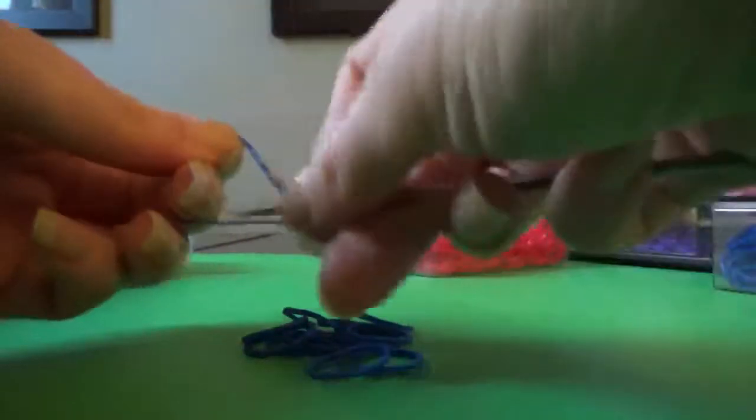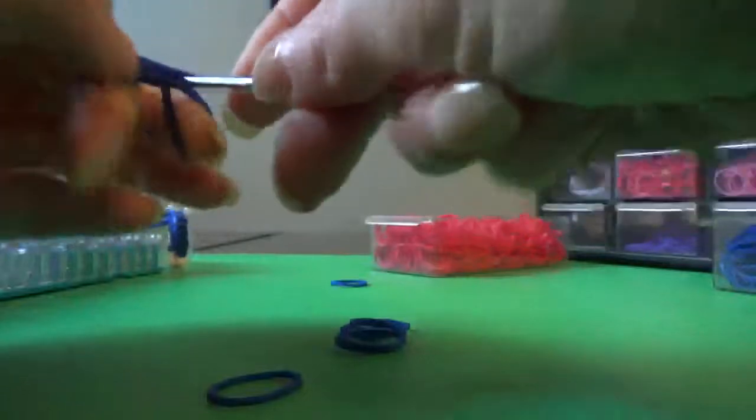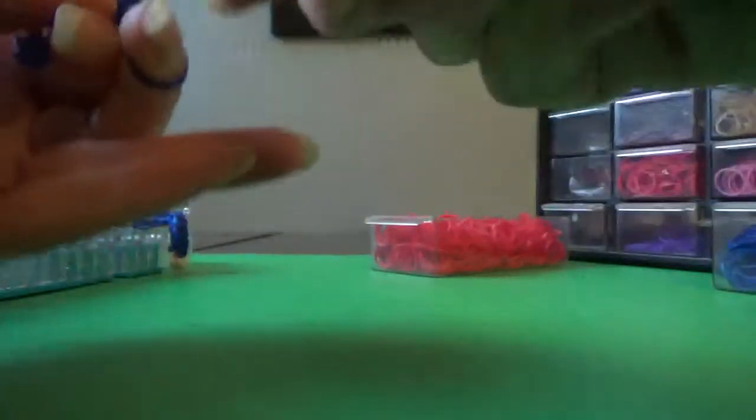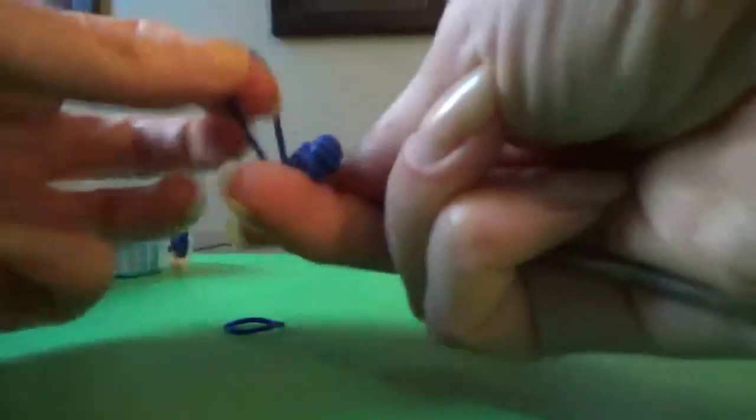We need to do this on the other side as well. So a single wrapped about 3 times, hold on to 9 sets of double dress colored bands. 3, 4, 5, 6, 7, 8, 9,